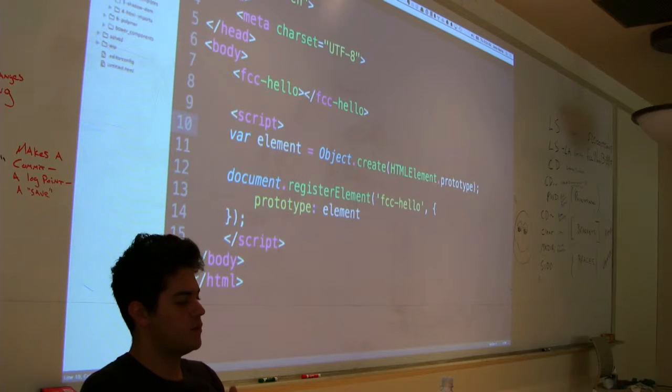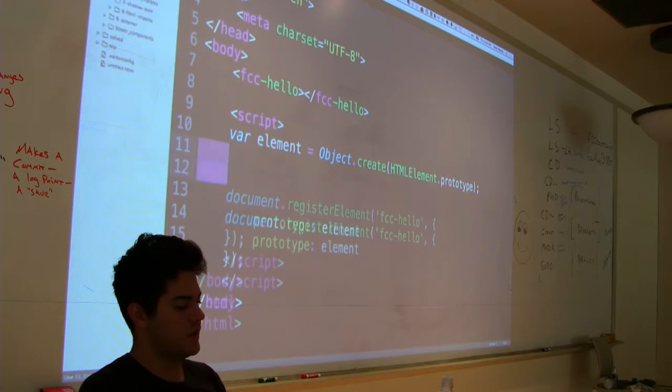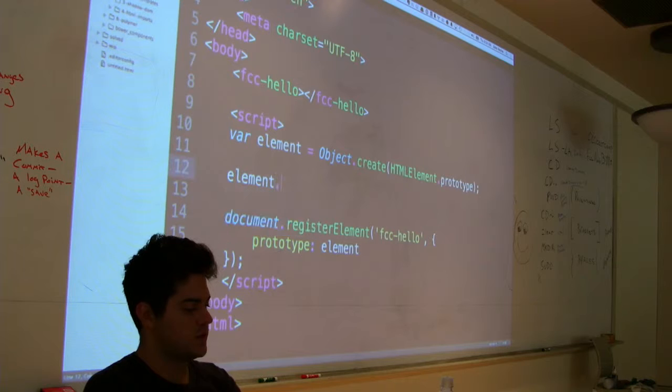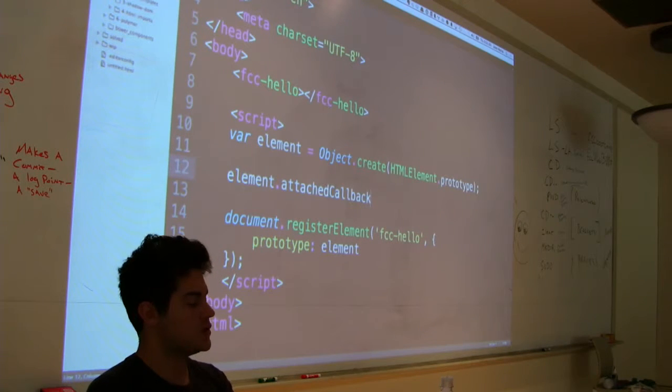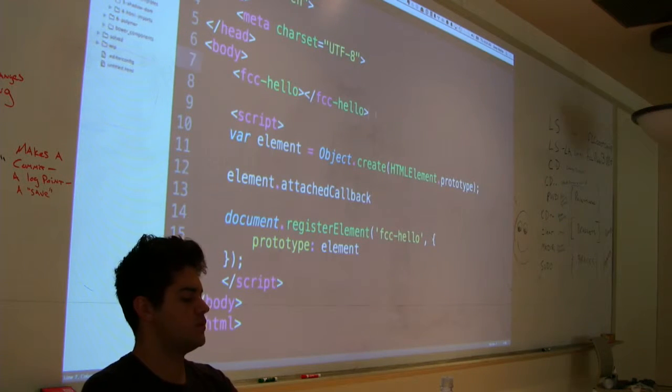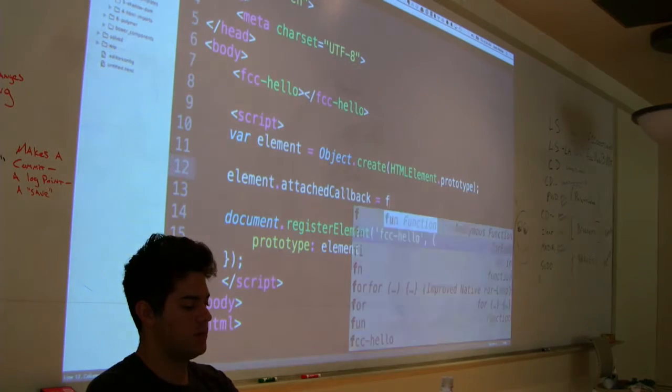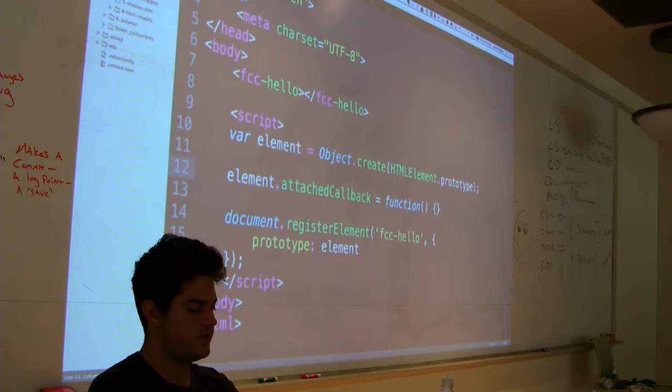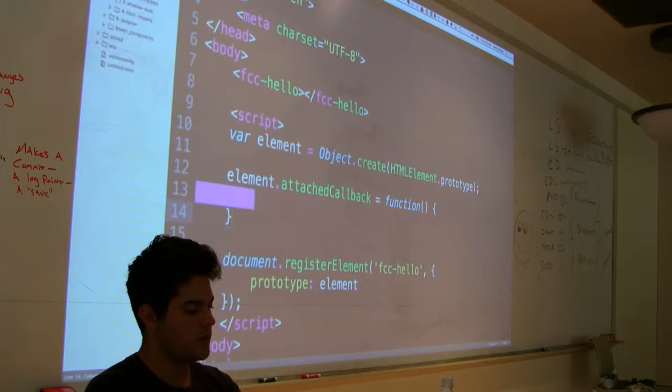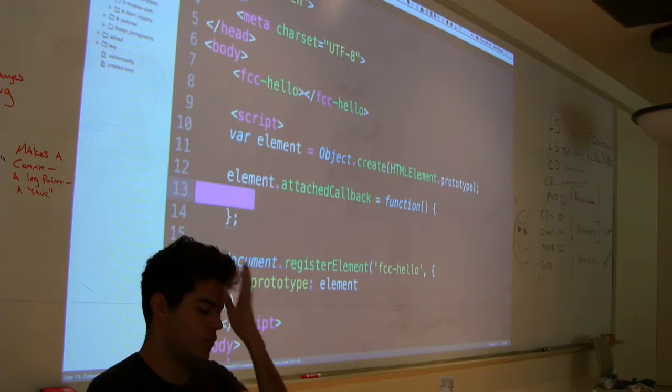So what I'm gonna do is just use one of the life cycles, which is element.attachedCallback. So this is going to be executed when we put our element into the DOM, which is what we are doing over here, right? And we're putting some function over here, defining that, and we can just